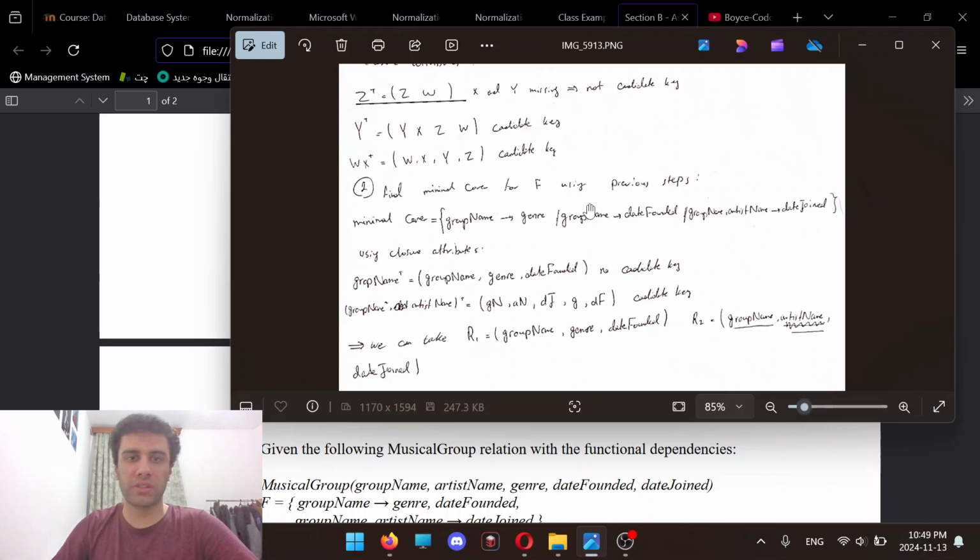First, we find the minimal cover, and then using the same steps as part one of this assignment, we try to find the candidate keys. And as you can see, we have the candidate key as group name and artist name. So these two together shape a candidate key, which we can use to